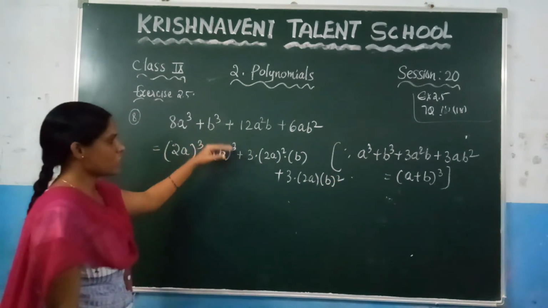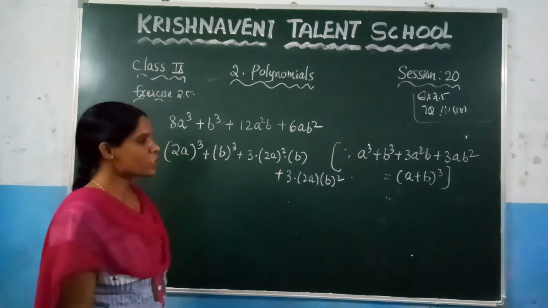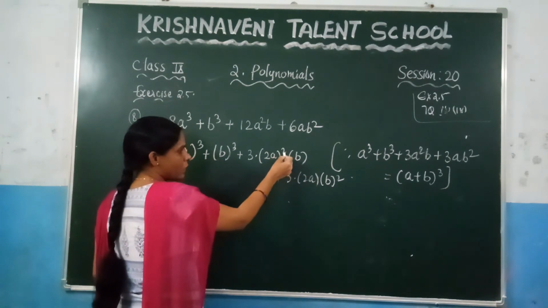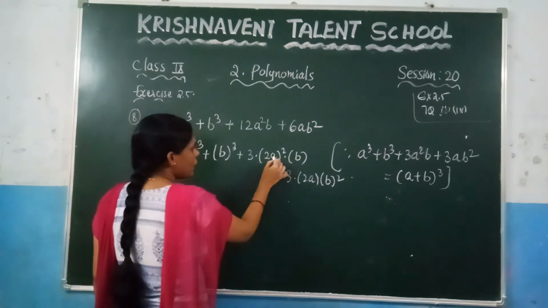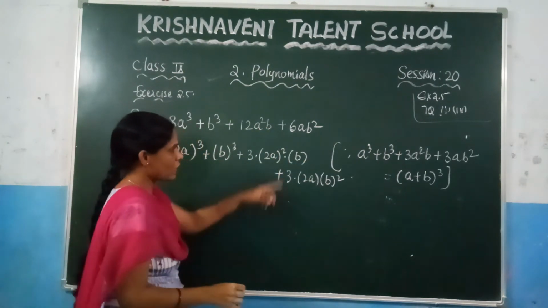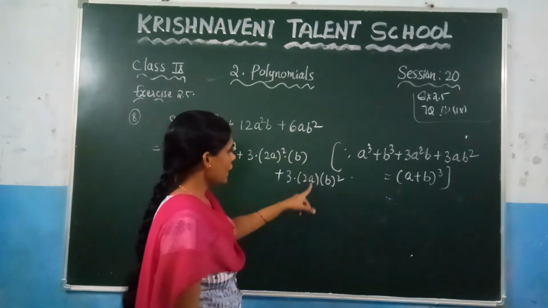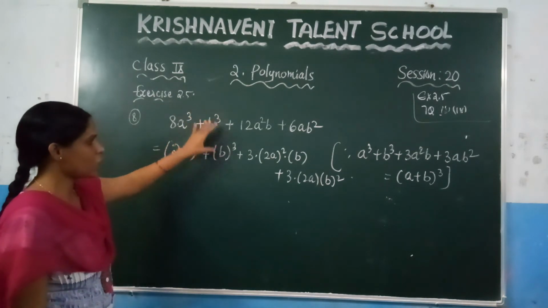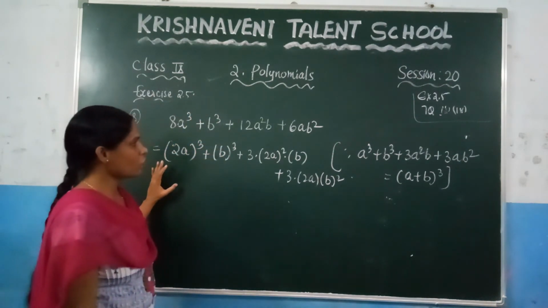Now we have changed this one into this expression. Let us check we got the same value or not. So here let us see what is the value of 2 square, which is nothing but 4. 4 into 3, which is 12. So here we got the same thing, and a square into b. Now check whether these two are equal or not. What is the value of 3 into 2, which is 6. a is there and b square is there. So we have changed this expression into the form of this expression,